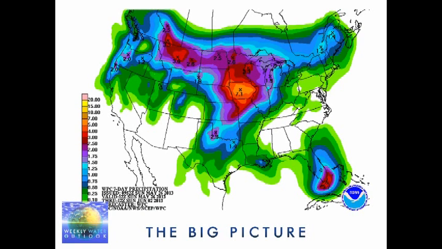So here's the precipitation forecast for the next 7 days. Very high amounts of rainfall centered over Iowa, and then in that northerly track. This has been somewhat of a persistent trend. I forecast this last week. I said it would probably continue into the second week. Now we're into that second week, and you can see it is continuing.